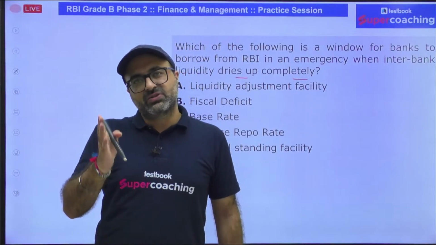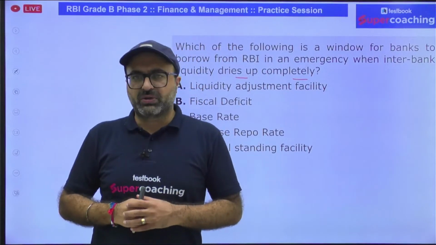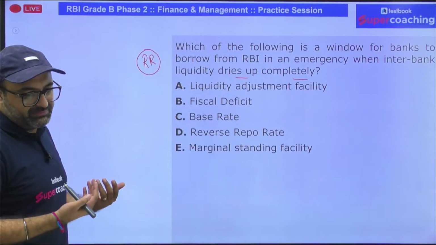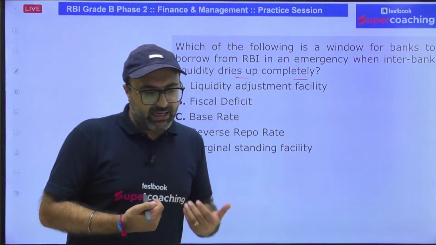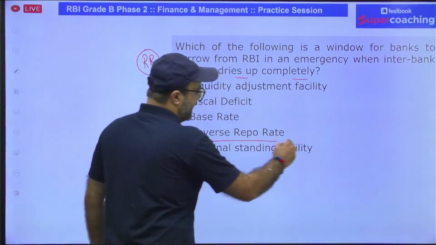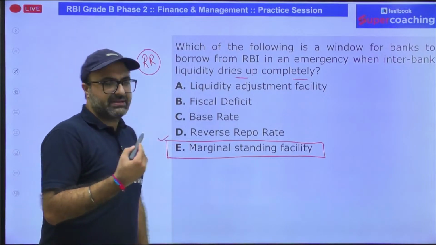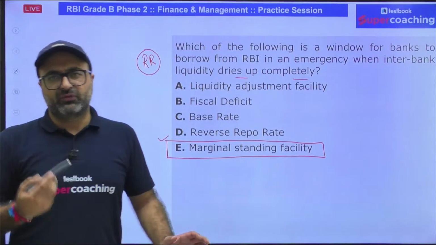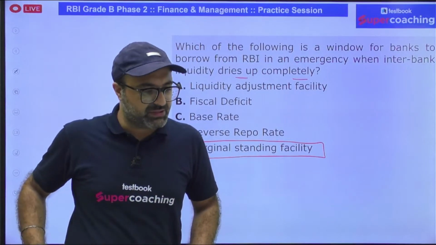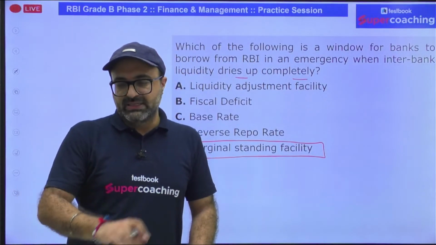But once there is no other option, repo rate is not available, call money or notice money is not available, then bank will be paying a higher rate of return. Bank raises the funds without any security from RBI at a higher rate of return or interest. That is known as marginal standing facility.